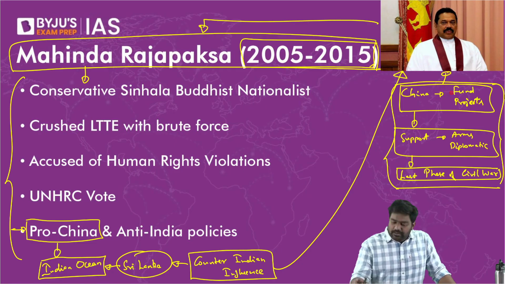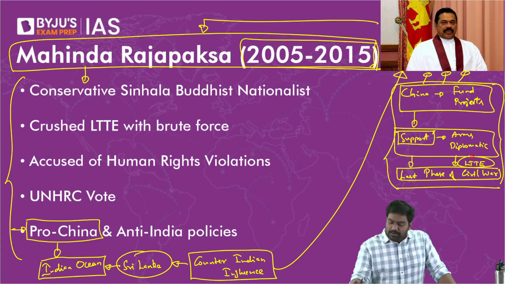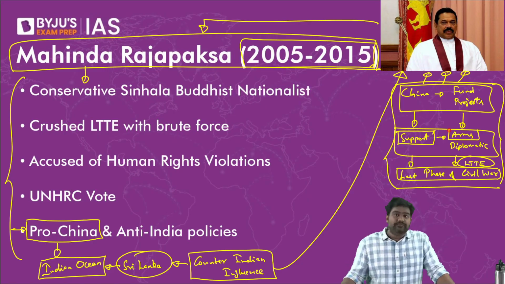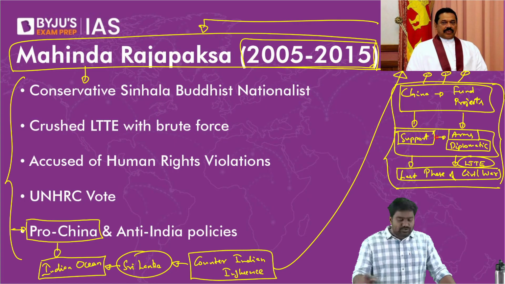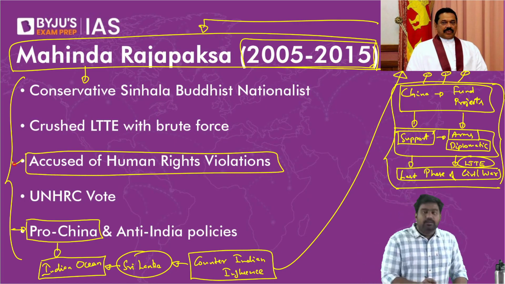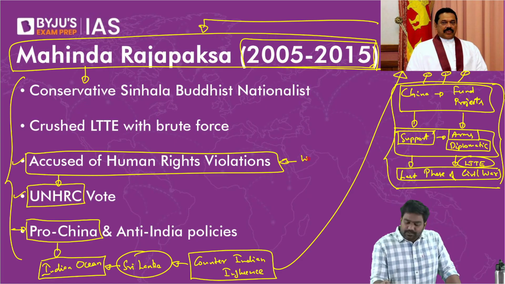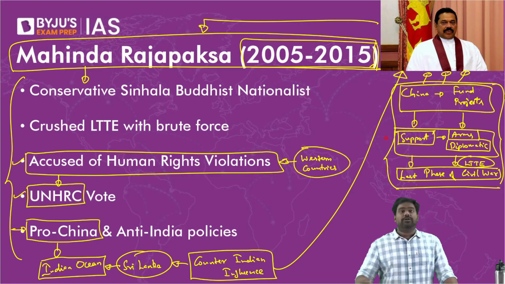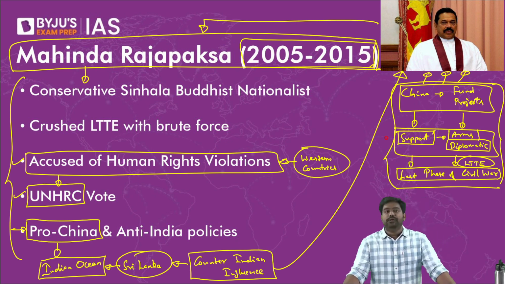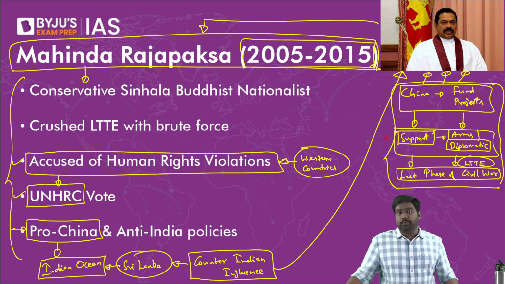Because China not only made large-scale investments and funded key projects and got closer to the Rajapaksa brothers, but it also gave direct support during the war to defeat the LTTE. China became a major weapon supplier to the Sri Lankan armed forces that played a key role in defeating the LTTE. Later, when Sri Lanka was accused of committing human rights violations, when this issue was brought up at the UN Human Rights Council by the Western countries, Sri Lanka got complete diplomatic support from China, and China promised to protect Sri Lanka from any Western intervention. Whereas India was caught in between.